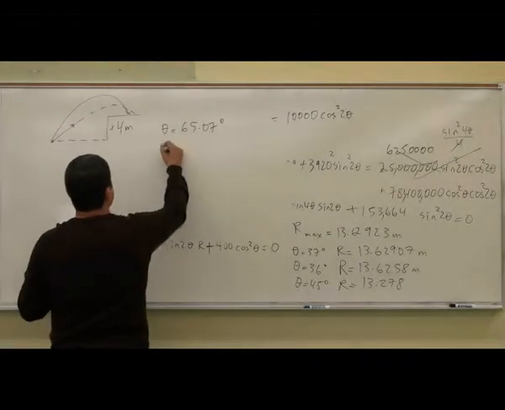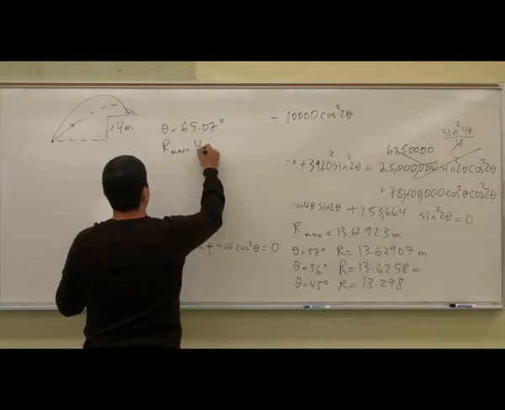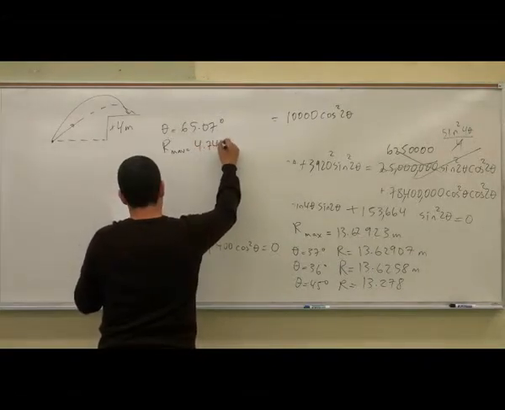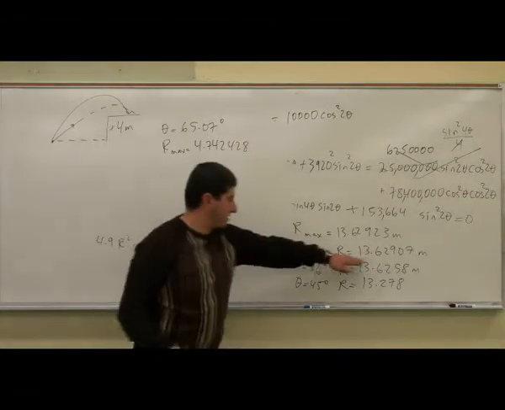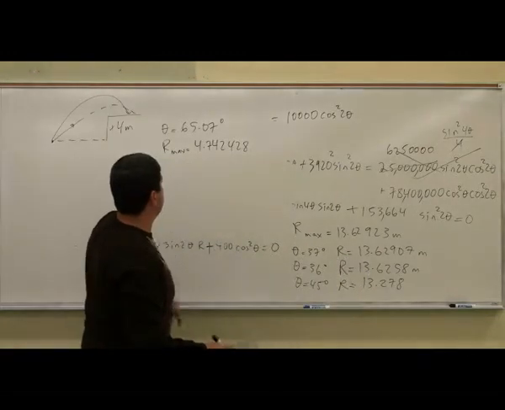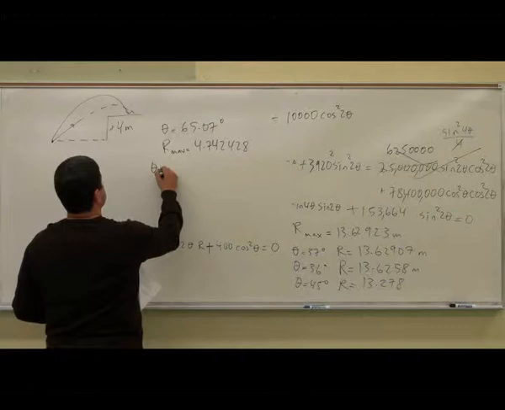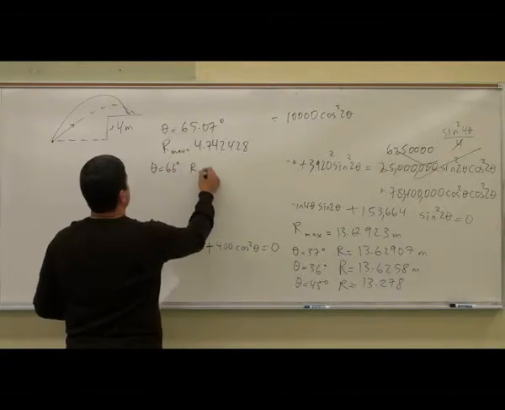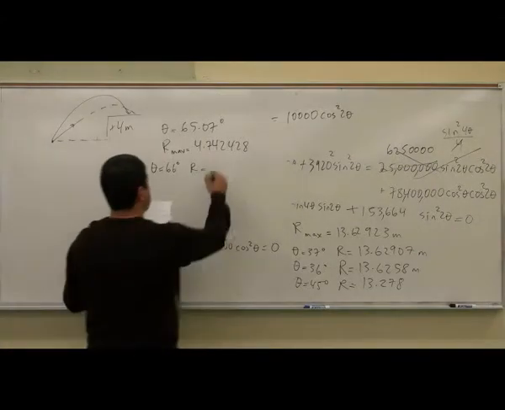Now, for 65 degrees I got the maximum range of 4.742428. So it's less than the downhill case, because it's going uphill, right? Then I tried an angle of 66 degrees, 1 degree more than that. I got a range of